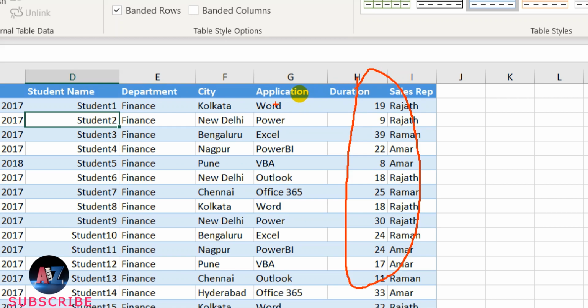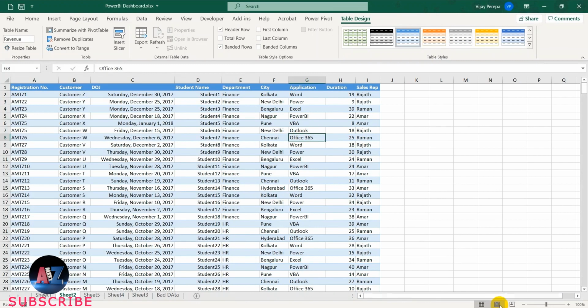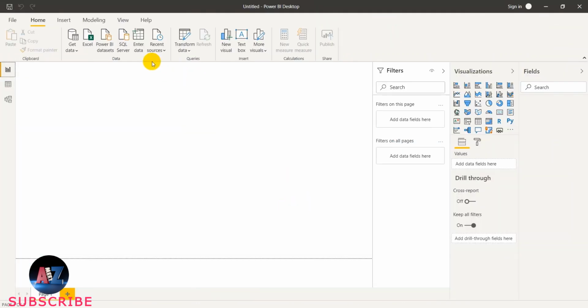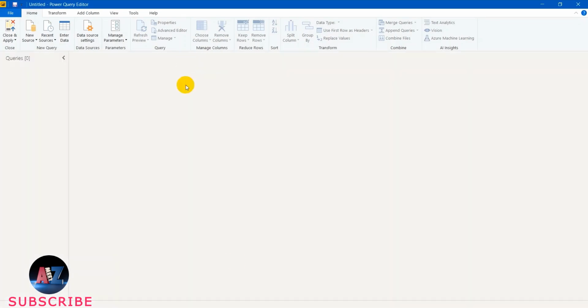So this also I'm going to create as a query, rather the code within mQuery, so that we can have complete data within Power Query Editor which can be used for our data model. Now let us quickly jump into Power BI and then go to the Power Query Editor to start with our mQuery.